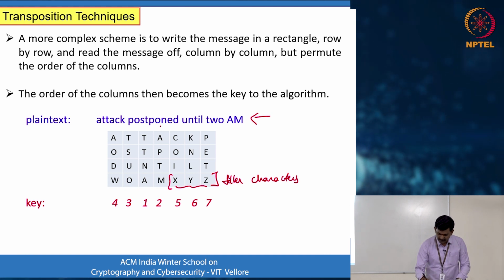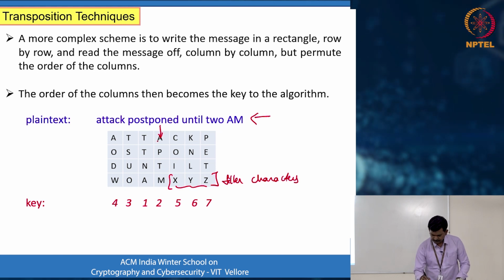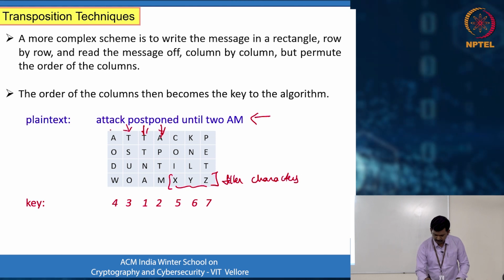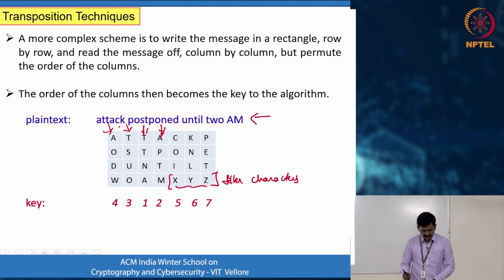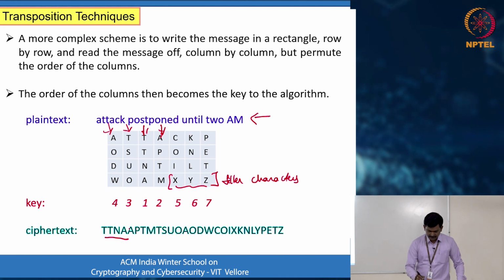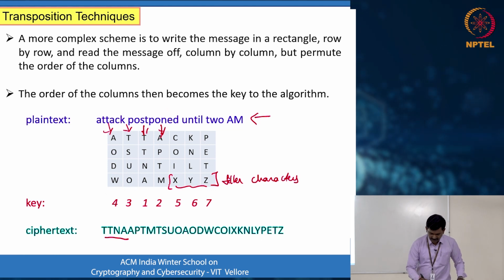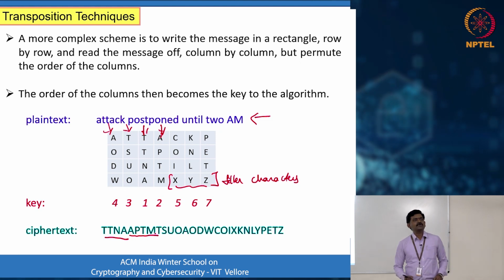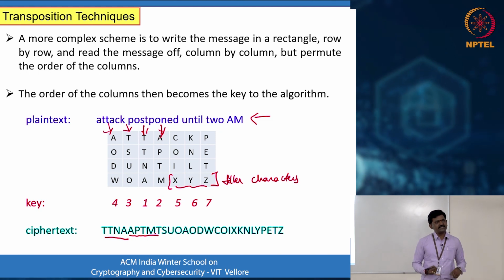I read in this way: 1, 2, then 3, then 4, and so on. So that means my cipher text would be TTNA, right? Then APTM goes. So how I read is decided by